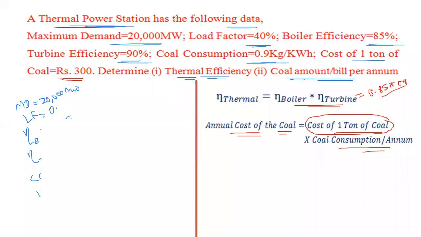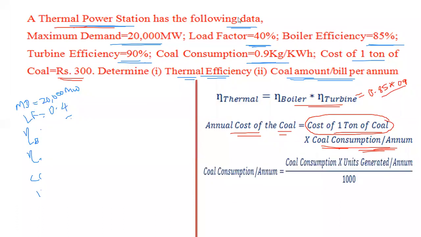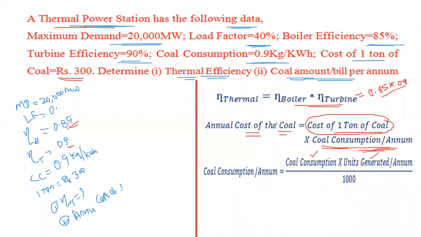That is the base load, peak load is there, but on average the coal utilization should be different. That is how much coal is utilized per annum. Once we know how much coal is required to generate the power per year, at that time we can find out the overall annual cost of the coal. Now here we want to find out the coal consumption per annum. The formula is coal consumption into units generated per annum. Here we want to find out this parameter, that is the coal consumption per annum, that is coal consumption into units generated per annum.